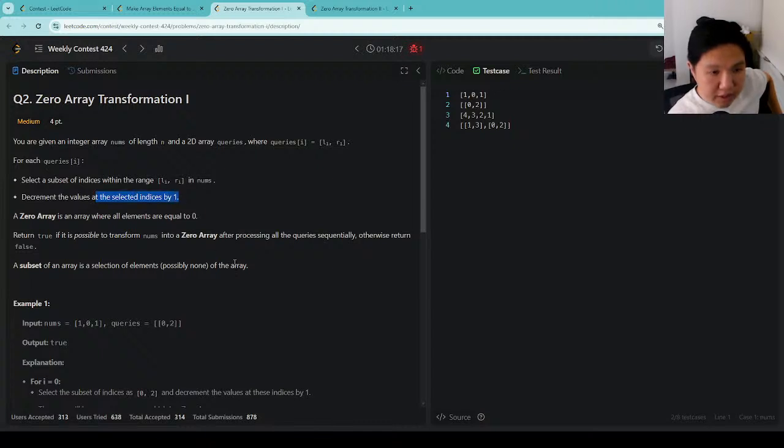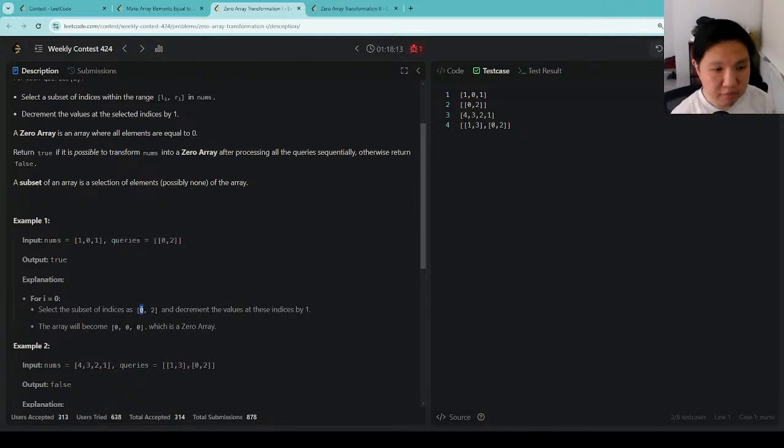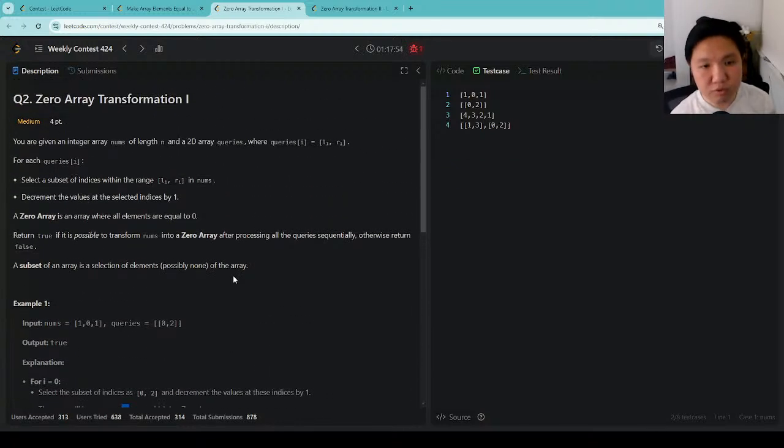And when you decrement, this is interesting. So queries, when you decrement them, they don't go negative. So this is like 1, 0, 1, right? And you're supposed to decrement indices 0 to 2, so you decrement all three numbers. But the middle number, this index 1, doesn't become -1. It stays at 0. So basically what you want to do is